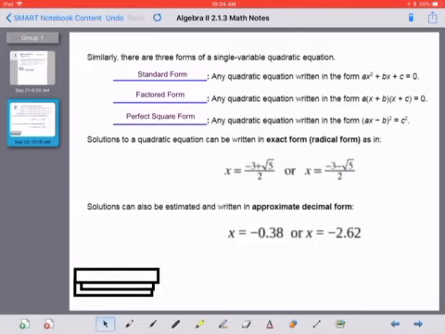Solutions to quadratic equations can be written in exact form or radical form, where we leave it as a radical, so negative 3 plus the square root of 5 divided by 2, negative 3 minus the square root of 5 divided by 2. Or we can write the solutions in approximate decimal form. So find the square root of 5